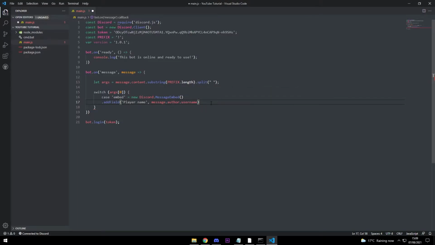Okay, so I found the error. It was meant to be 2 dots instead of whatever I put down here. So when you do that, just do message dot channel dot send embed, and then in here we're going to put the embed,